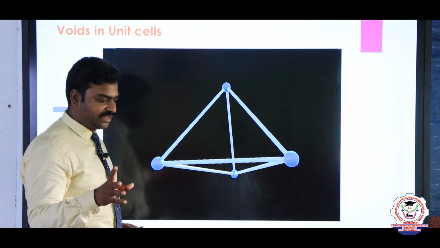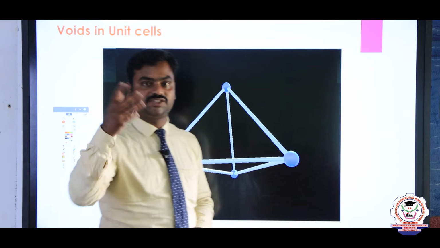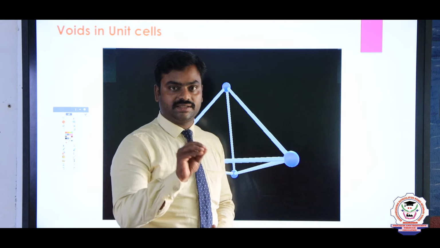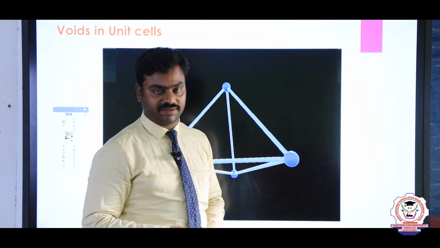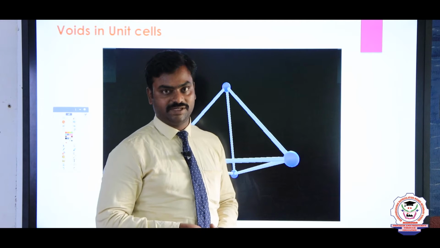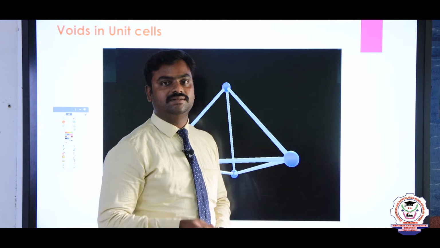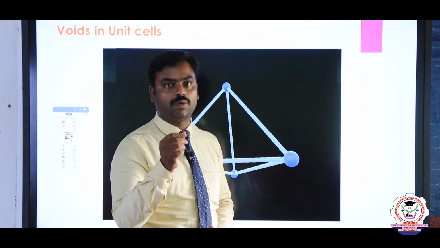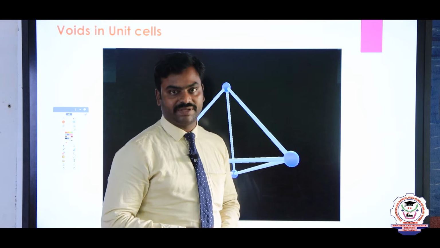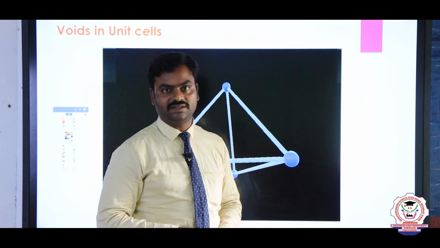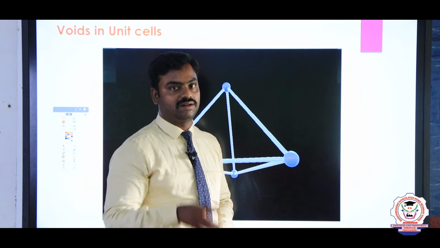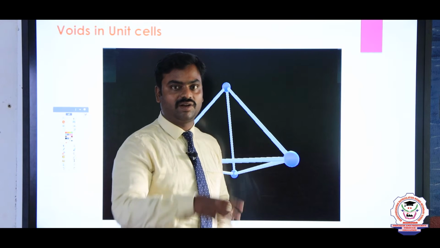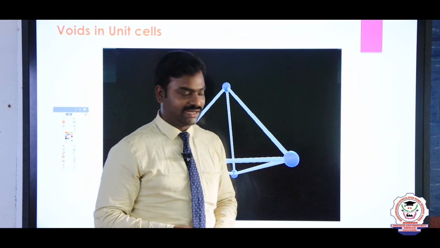What is a void? See, when a crystal is formed, the atoms are arranging in a way that a specific kind of unit cell is forming. See, in a specific kind of unit cell, there is maybe a gap between the atoms, among the atoms. The gap is known as void. The gap may be formed because of a tetrahedral arrangement or else an octahedral arrangement. We are going to see how the atoms are arranging in a tetrahedral manner as well as octahedral manner.